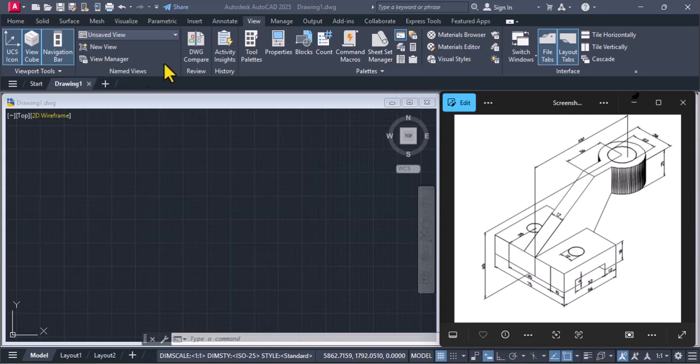Hi friends, in today's video tutorial, we would study how to prepare this geometry in AutoCAD 2025. So before we start with the drafting, let us spend some time analyzing this geometry and trying to see how we will proceed with the drafting. After analyzing this drawing carefully, I feel that the best way to proceed with this drafting would be to begin this in the front view. So we'll begin this drawing from here and create this profile.